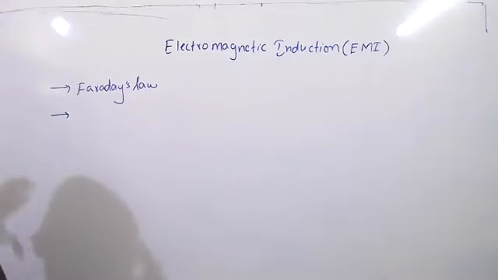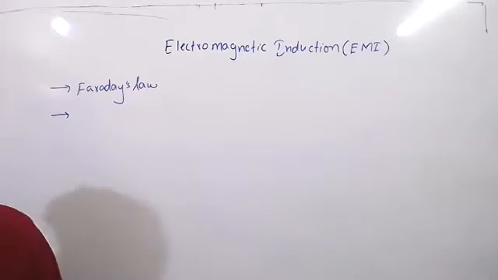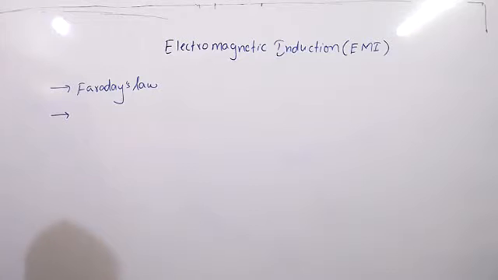So by using Faraday's law, we can say that a changing magnetic flux produces induced EMF. If the coil is closed, then induced current also develops. That is the first law he has given. By using the second law, we can calculate how much induced current or how much induced EMF. If you want to calculate, then we have to use the second law, because he has given a formula there.